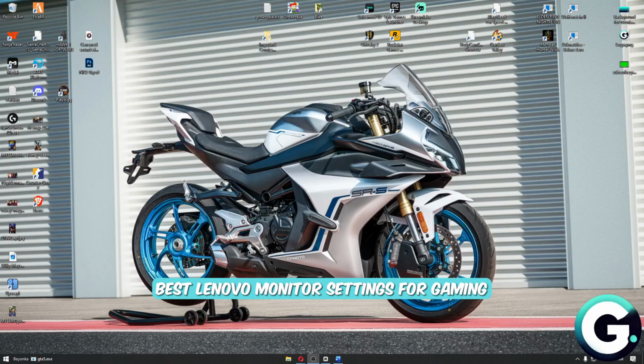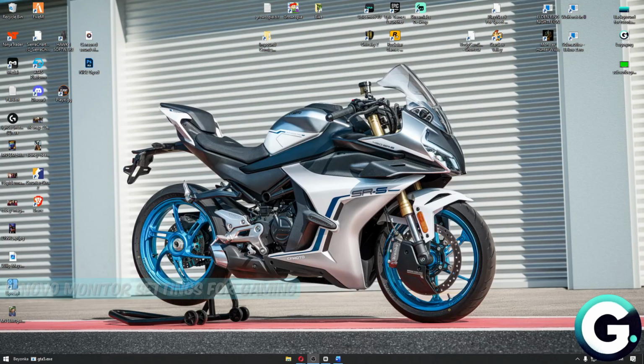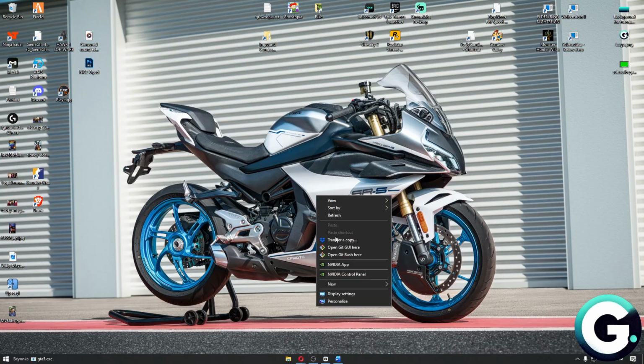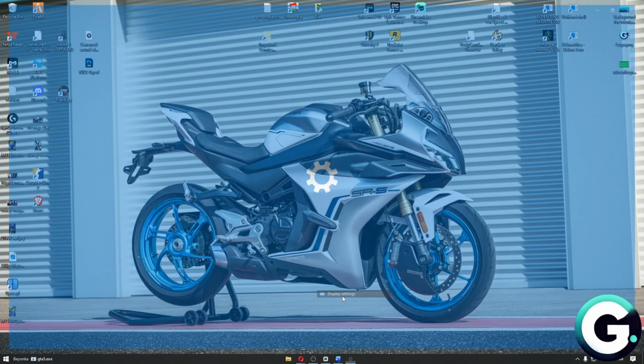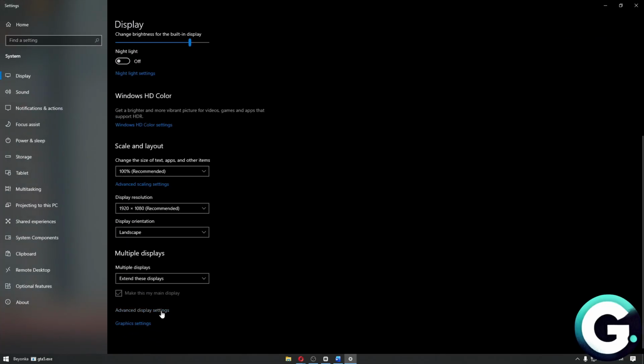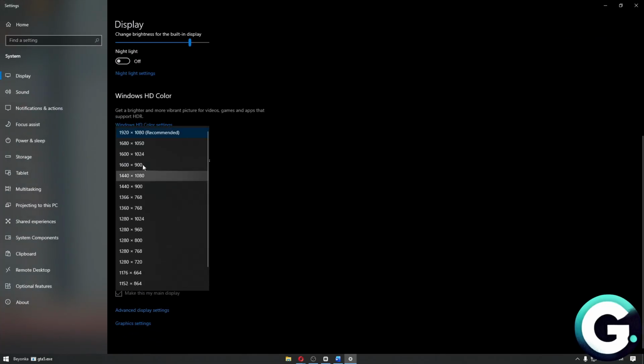In today's video, I'll show you the best possible Lenovo monitor settings specifically for gaming. First things first, head over to your Windows desktop, and from here you want to right click on it, click on the display settings, scroll all the way down, and then you want to make sure that you're using something